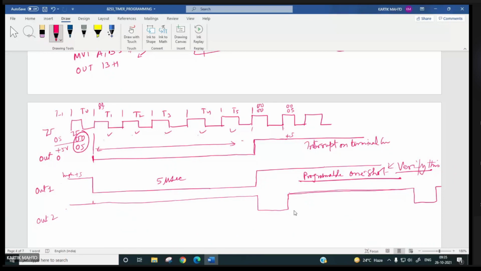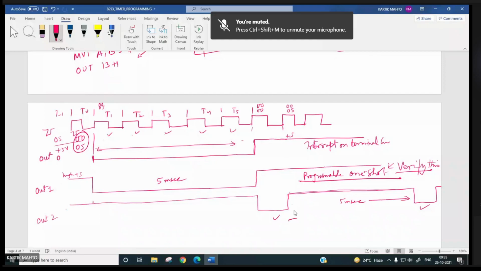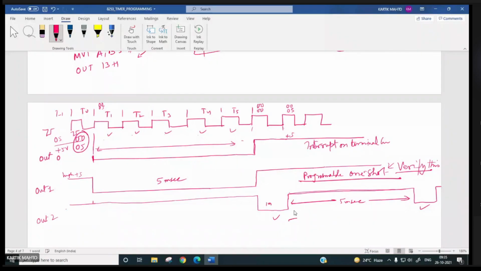So this way, at regular intervals, at every 5, 1 kilohertz, no, so it is millisecond, sorry. So at every 5 millisecond, this is 5 millisecond. This one is of 1 millisecond.